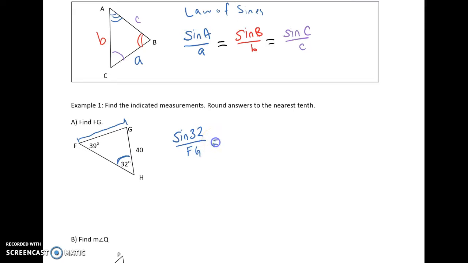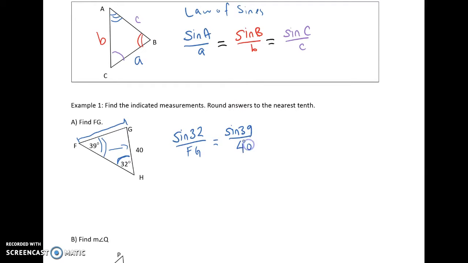And make that equal to a ratio of another angle and side. So take a look at another pairing. I've got angle F. And what is the side opposite angle F? Well, that's the 40, right? So I can say sine 39, excuse me, sine 39